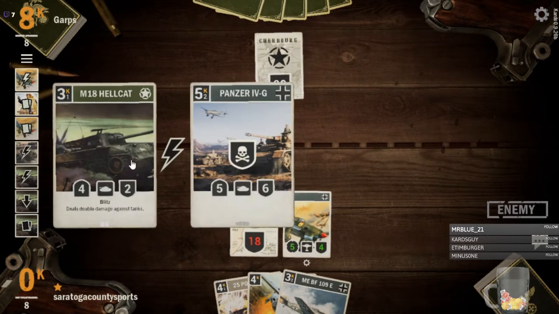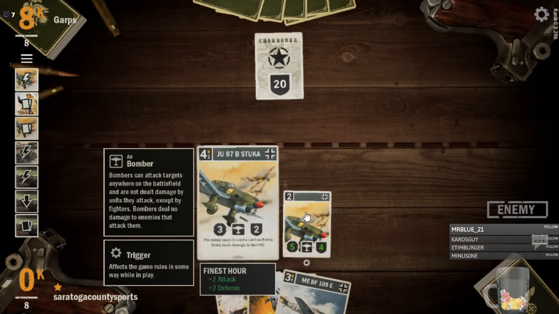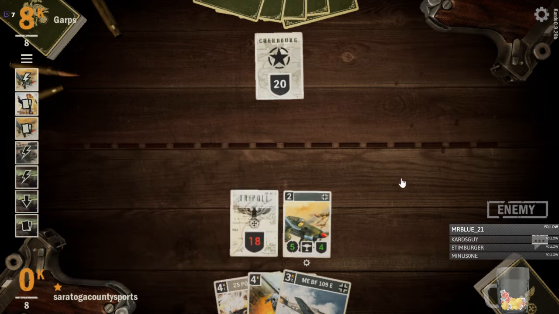And we got through a Hellcat last turn too, and now we can start working on our opponent's hand with our Hypnotic Spectre. If anybody knows that reference, then...